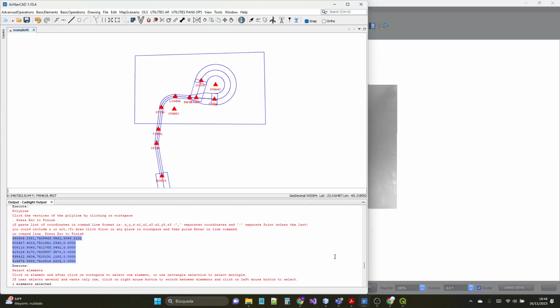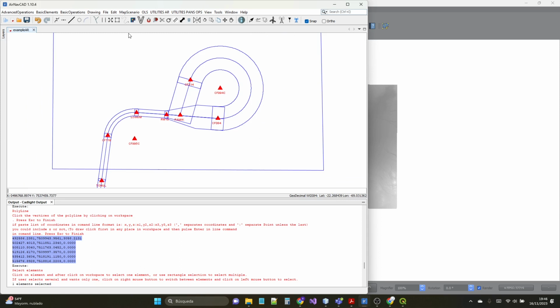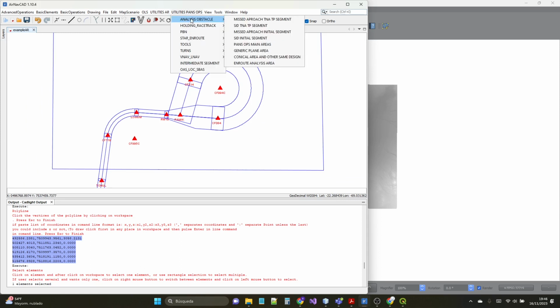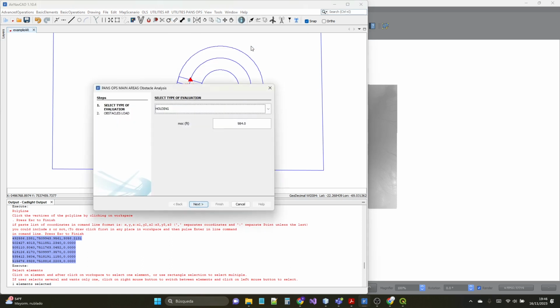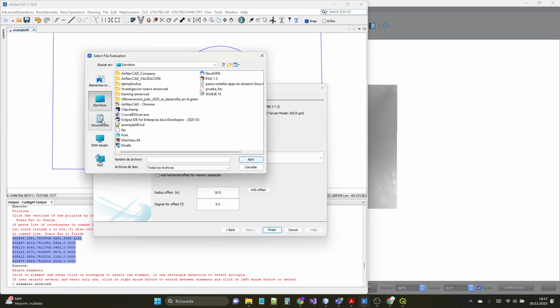As we can see, we can go here, and for example we are going to analyze obstacles in this area. So we have to go to the utilities, PANOPS, analyze obstacle. In this case it is an initial approach. PANOPS main areas, this start or initial segment with the mock 984, for example, PVN areas, next, and here we select the DTM, the digital terrain model ASCII file that has to be in UTM. We add it from